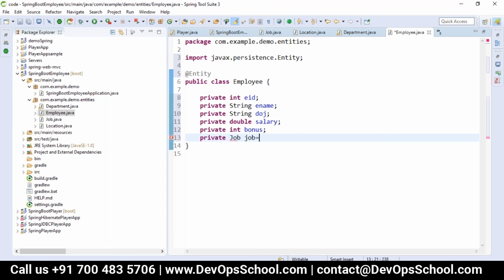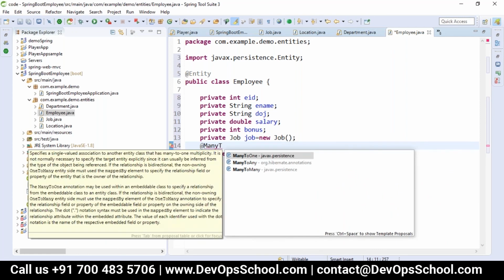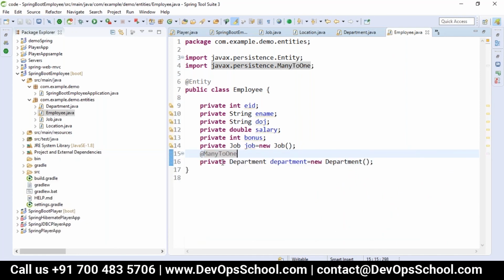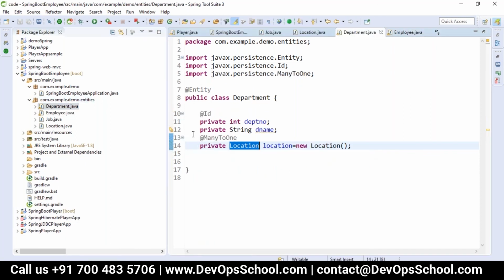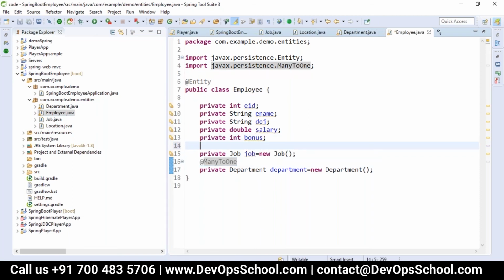So I will give it here job equals new job. And we require here department, and for the job also.